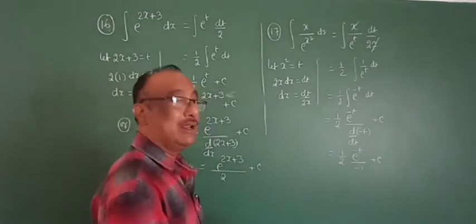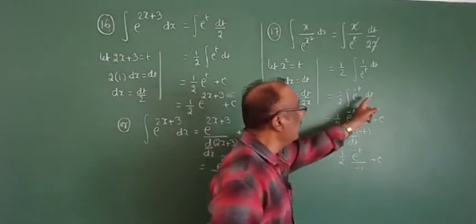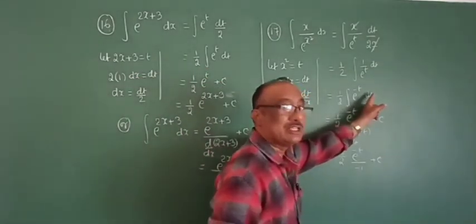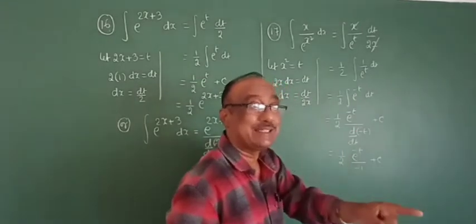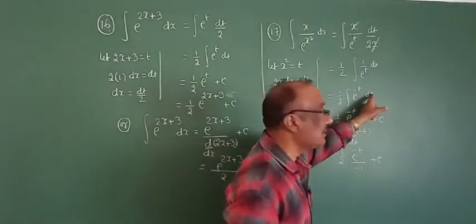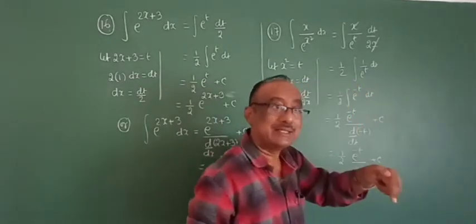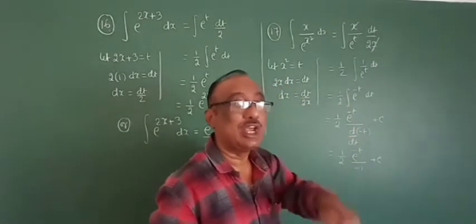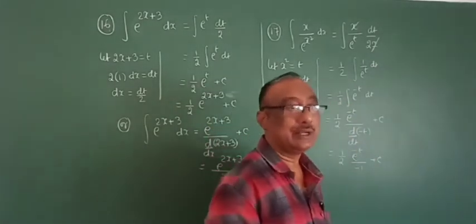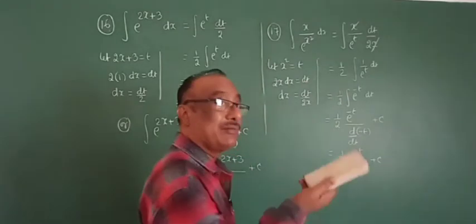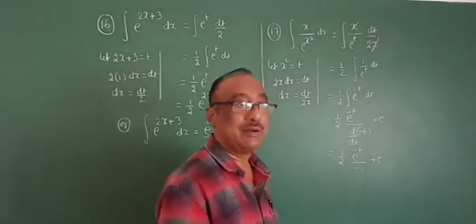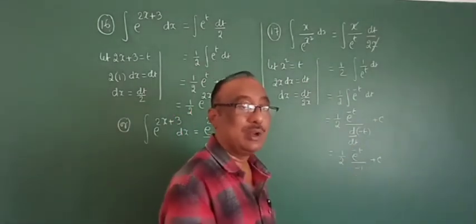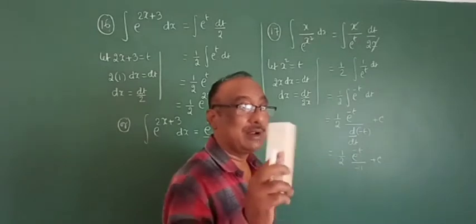What should the t value be? We are doing the integration with respect to the variable plus t, but we have minus t. That's why minus t should be written in the denominator as the chain rule, because t is a linear function. That's why we apply the chain rule. For a quadratic, we never apply the chain rule.